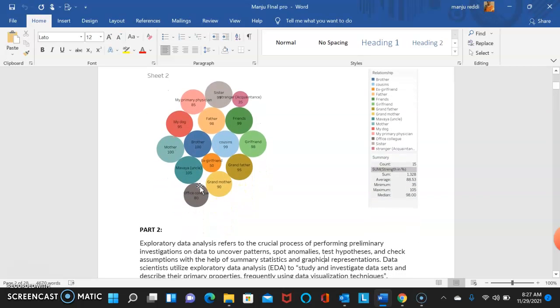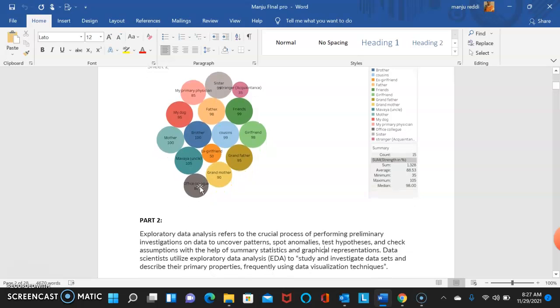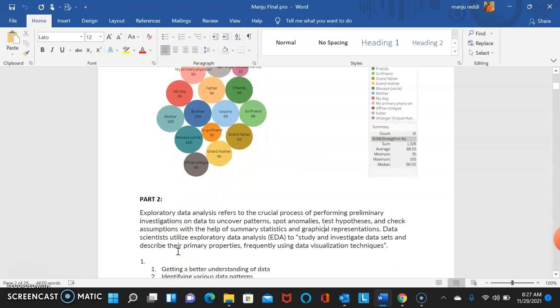We cannot talk much with a stranger. So finally we have the bubble graph to identify the relationship between the student and the family. Coming to part 2,